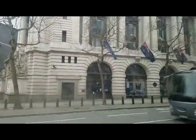And that is the building that became Gringotts Bank in Harry Potter and the Philosopher's Stone. Now, if you're not a Harry Potter fan,